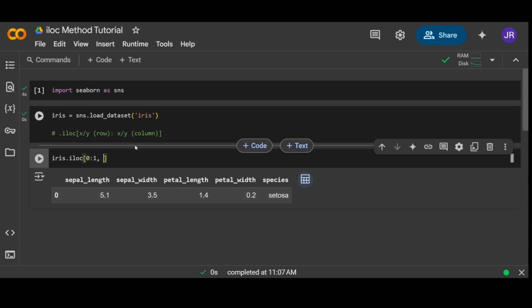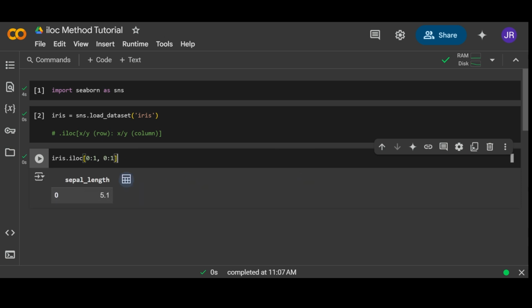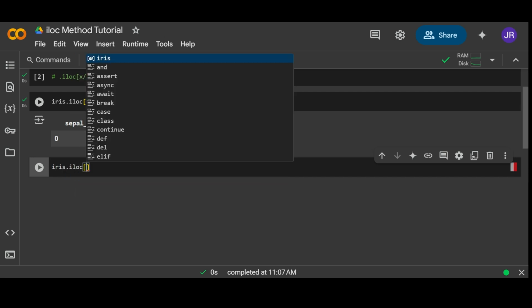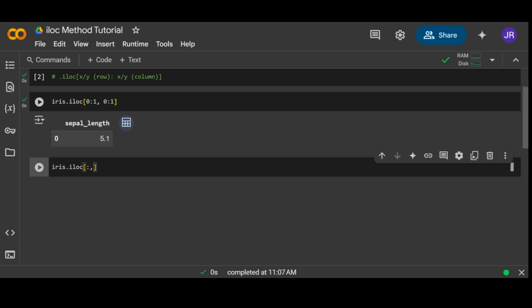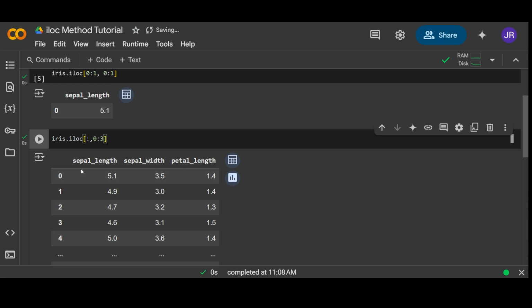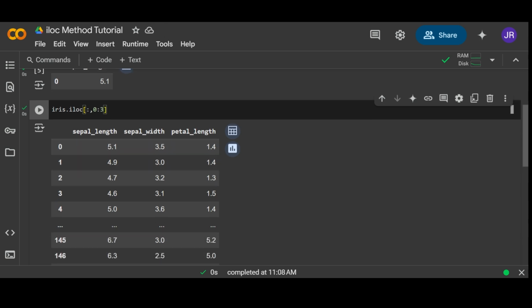If we would like, we could come over here and add the y-axis as well. Since this is just indexing the first column in the y-axis, it's giving us the first row and the first column. Another example of this in a practical application would be to index columns. What we could do is a colon, comma, and then 0 to 3. This will index just the first 3 columns within the dataset, instead of having to manually type out the name